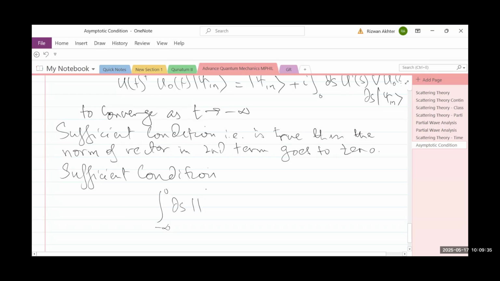We said that the second term should become zero, so the norm of the vector. The norm of a vector represents how much you scale a vector, how much you stretch it, how much you magnify or demagnify a vector. So the norm of a unitary operator is always one because it is invariant under transformation. So you say U dagger of s V